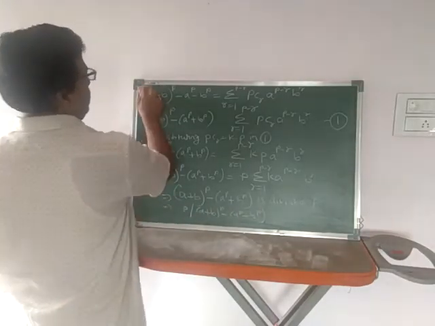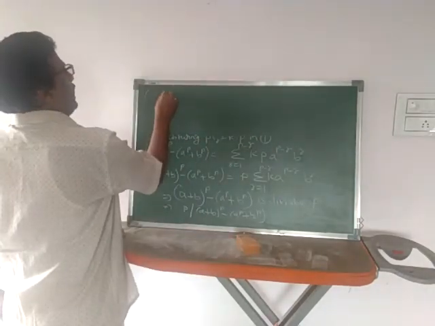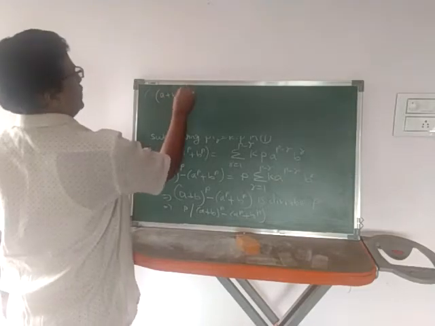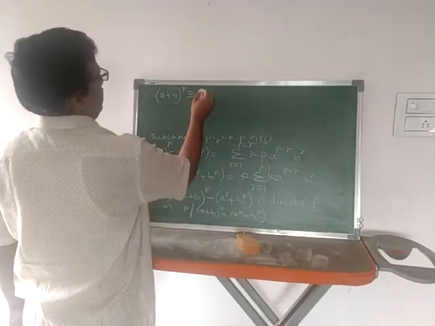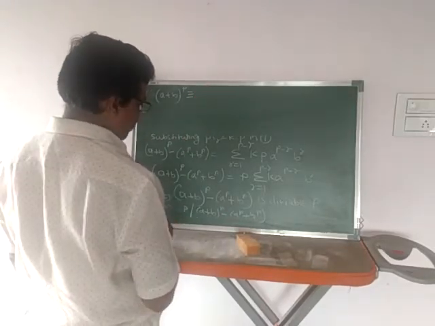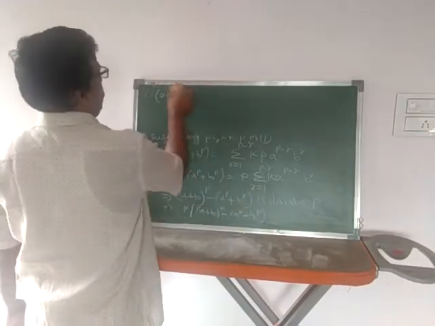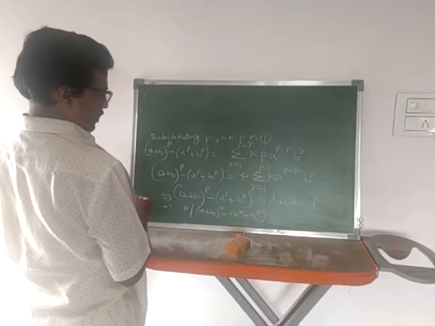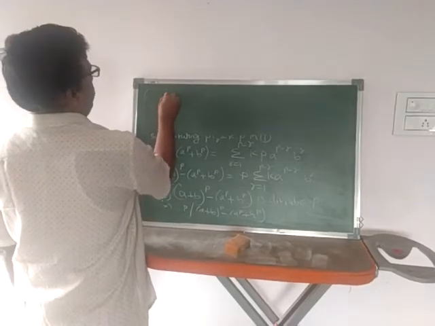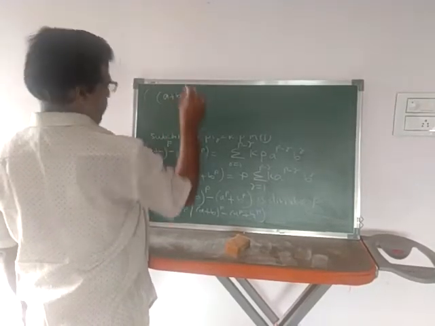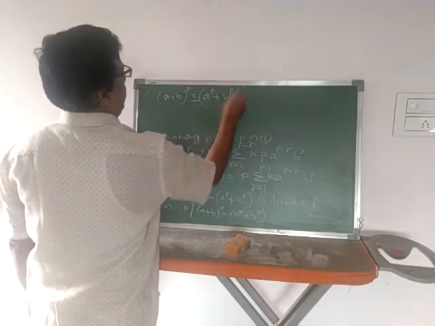Or in other words, we can write, we say that (a plus b) whole raised to p is congruent to a raised to p plus b raised to p mod